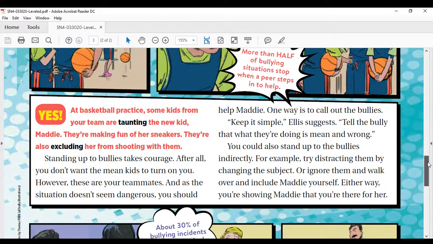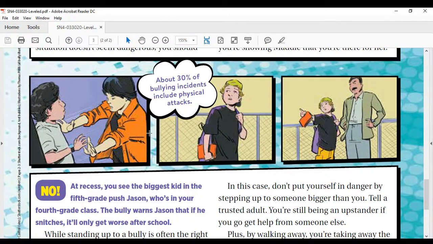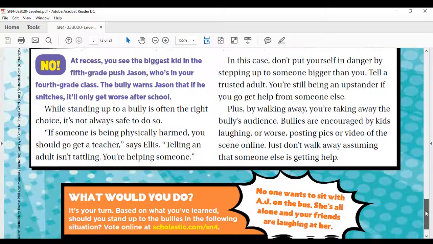However, there are situations where you really don't want to go ahead and interfere. And they give a little bit more clarification with that over here. About 30% of bullying incidents include physical attacks, and yeah, you can clearly see that here. He's pushing, he's shoving him. That boy sees him, but he knows not to go ahead and actually intervene because he could get hurt himself. So instead, he notifies an adult to help. That would be a situation where you would not go ahead and stop it right away. You would have to find somebody to help if you feel that somebody's being aggressive and such.